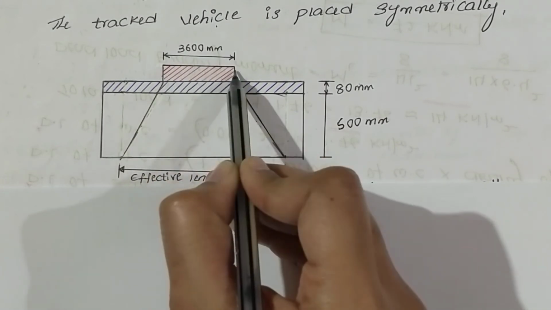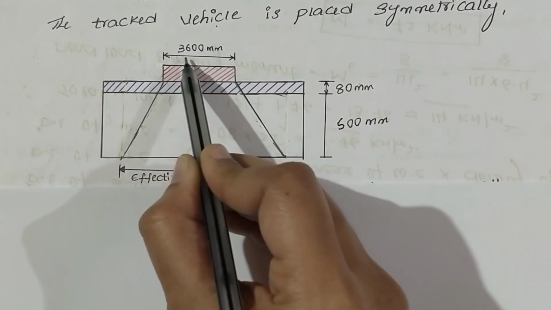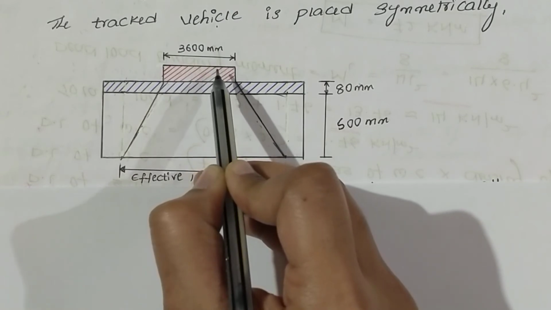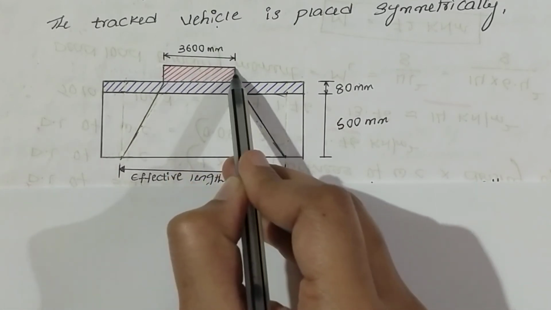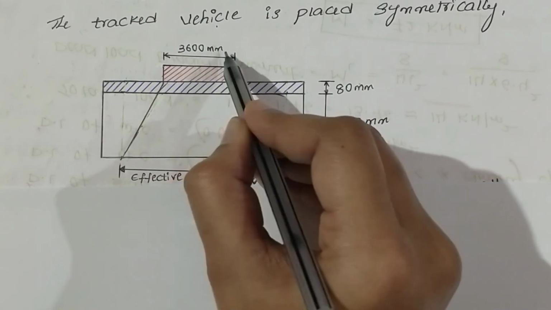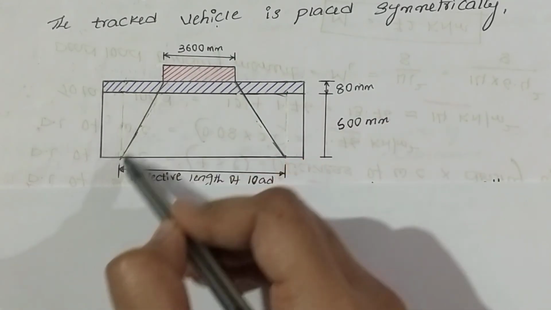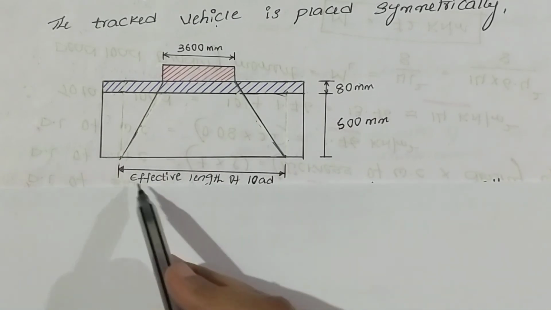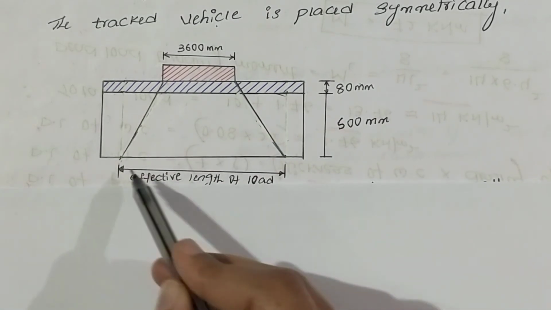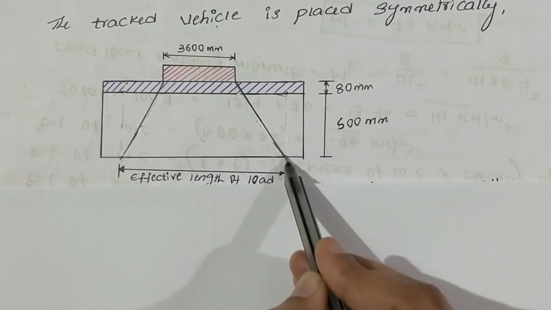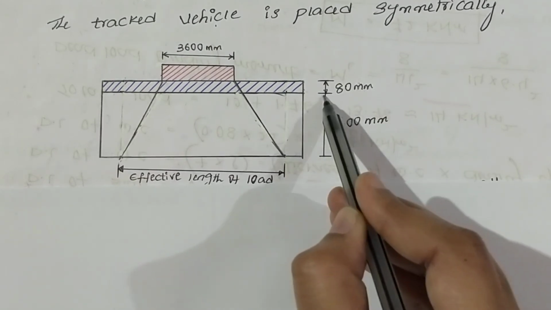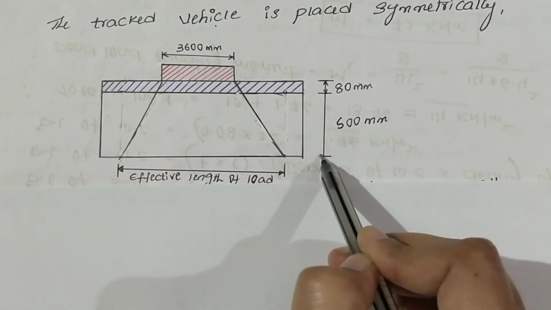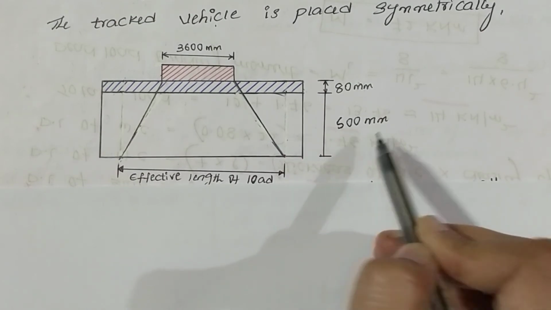Okay, the total length of the load, it is as per IRC 6 recommendation, that too for IRC class, that is tracked AA vehicle, the effective length of the vehicle, it is 3.6 meter. Okay, the load gets dispersed at an angle of 45 degree. Then the distance, effective length of the load is what? The distance between these 2 points, and this height will be the thickness of the wearing coat, it is 80 mm. This will be the depth of the deck slab, that is 500 mm.